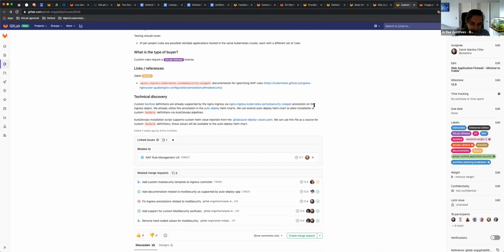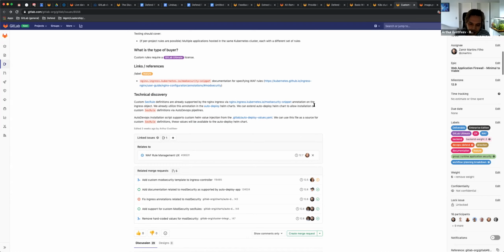So essentially there is a way to inject a certain annotation into the ingress definition in Kubernetes Nginx ingress. By doing that, we can define custom security rules, and we're already partially using this annotation in our auto deployment process.